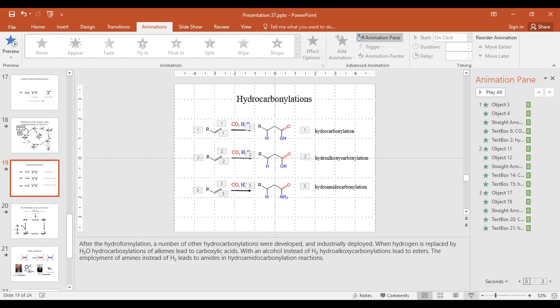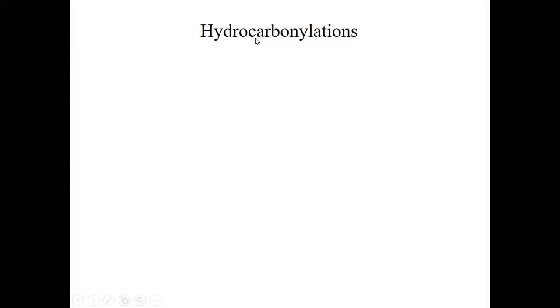and since then this chemistry has expanded, and there are several variations of the hydroformylations, which are generally called hydrocarbonylations. One of them is the hydrocarboxylation, and in this case we react the alkene with carbon monoxide and water instead of hydrogen, and because of the presence of water you then get a carboxylic acid, as you can see here,